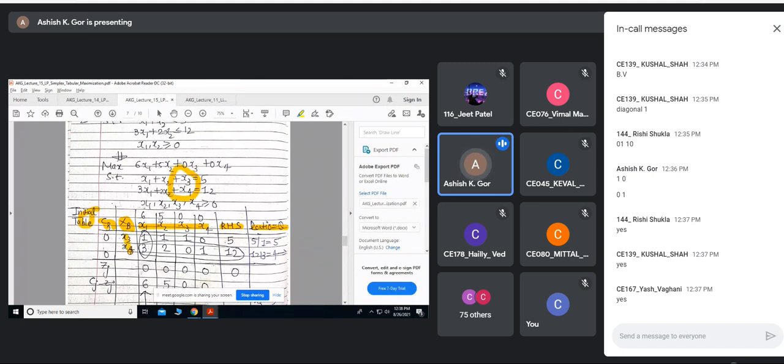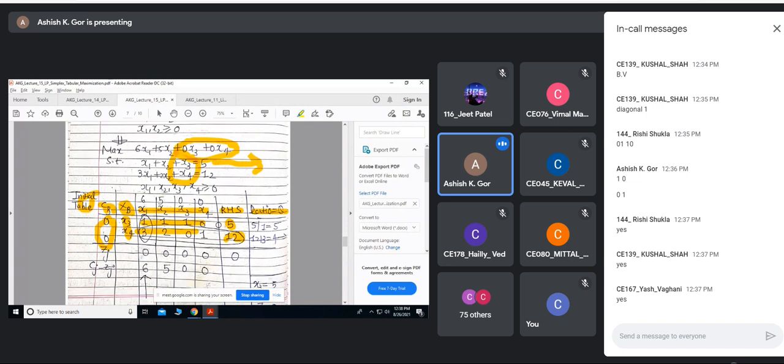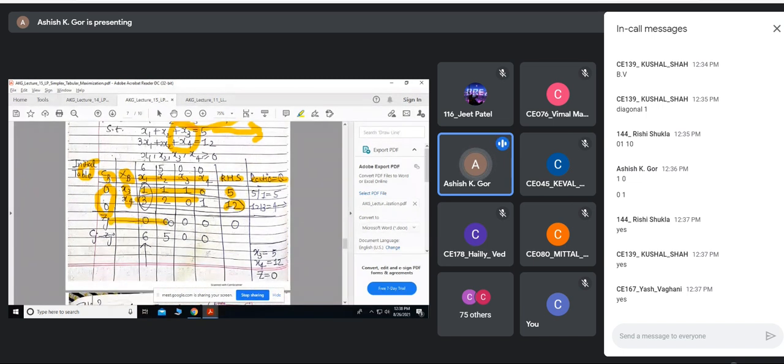So put x3, x4 as basic. Their coefficients are 0, 0, so put 0, 0 here. Then 1, 1, 1, 0 from the first constraint, and 3, 2, 0, 1 from the second constraint, with 5 and 12 as the right hand side. Zj will definitely be 0. Without looking, you can take 0, 0, 0, 0. Why? Because this CB is 0, 0, so the dot product will be 0.